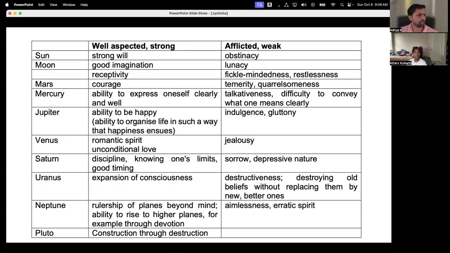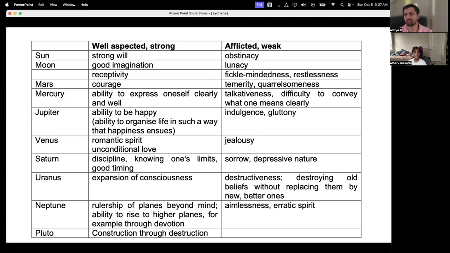Okay, I think we covered a little bit of this also. So sun, moon, every graha has its own characteristics. Now, the graha's characteristics or the graha's vibrations cannot be good and bad. Good and bad are something that man has created for ourselves. So my guru used to say, God created only good days. Man created good and bad days.